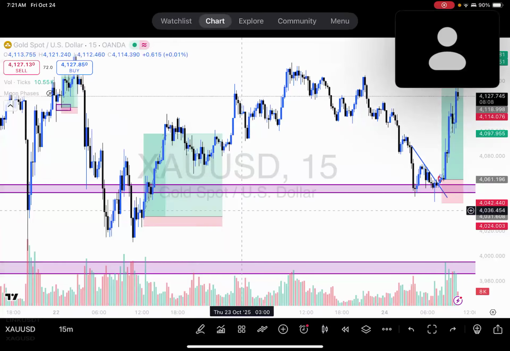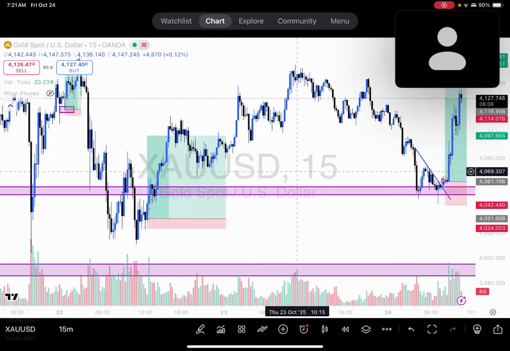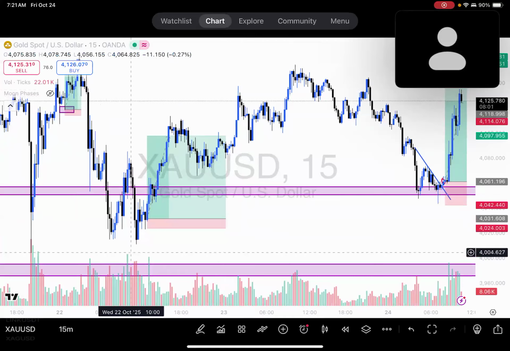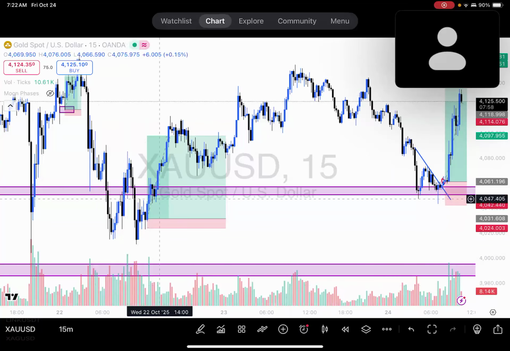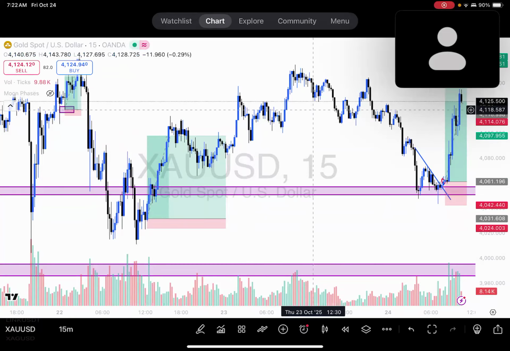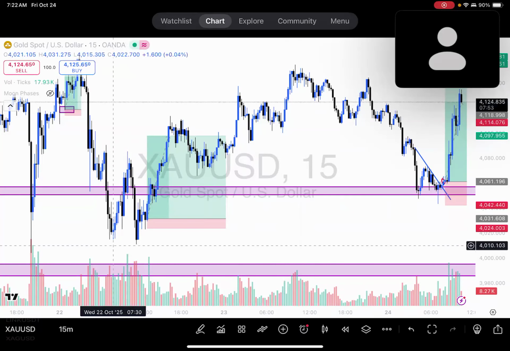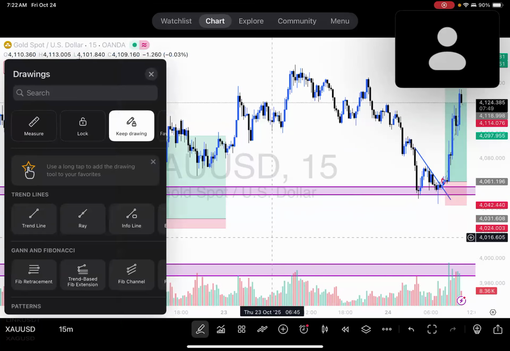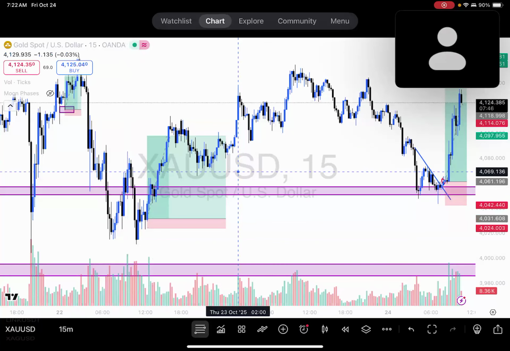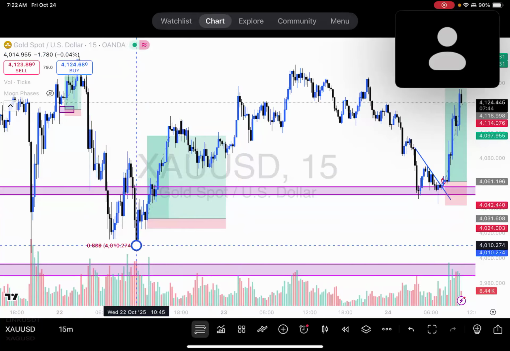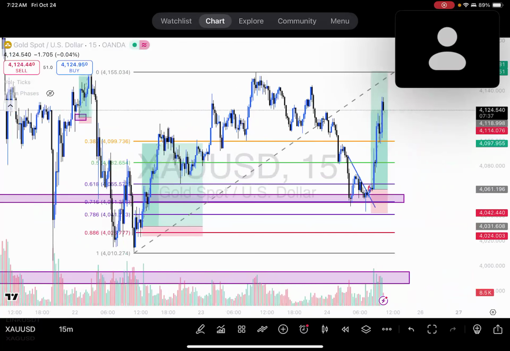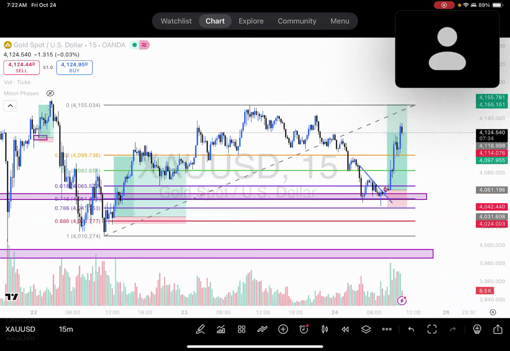But we want to see the market return to a certain area, right? With smart money, we want to see this market take off from our point of interest, right? We want to see this market take off a couple hundred pips into the right direction to show us, okay, the market is strong, we're pulling back, and now we find an area to get in, right? With smart money, we want to use our fib, right? We want to see, okay, we know that this market is trending. We want to see the market come back to an area